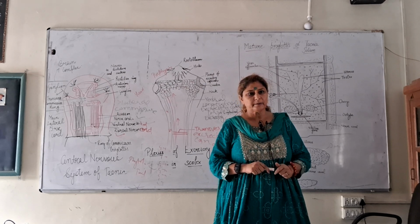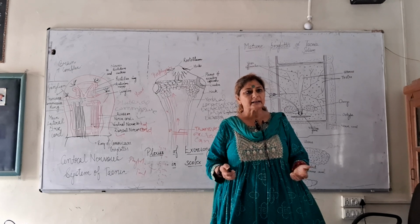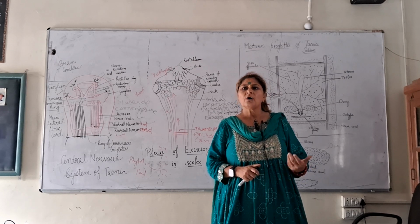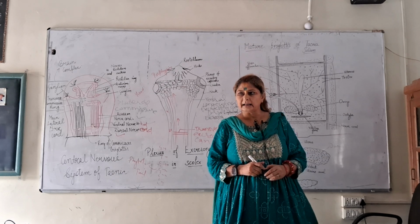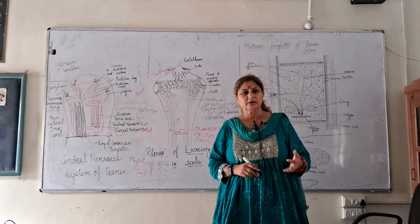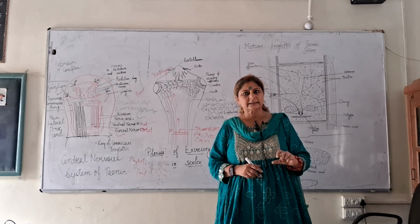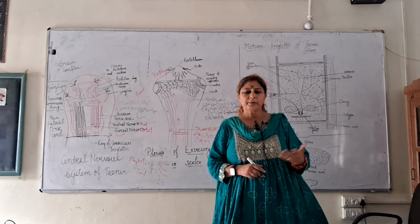What type of respiration is there in liver fluke? In parasite, what type of respiration is there? Anaerobic, means without oxygen. They produce a little energy. Why do we need oxygen? To produce energy. In the absence of oxygen, they produce less energy with food that is sufficient for them, because they don't